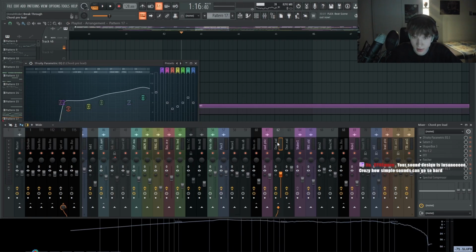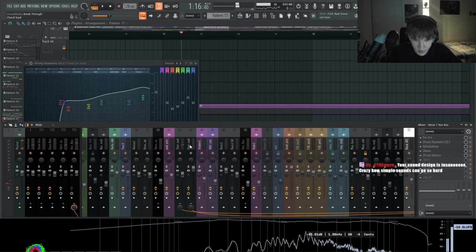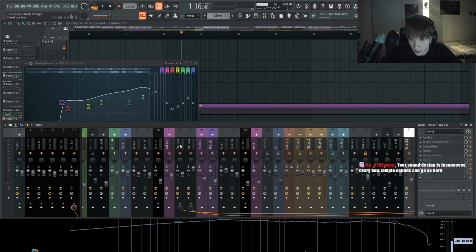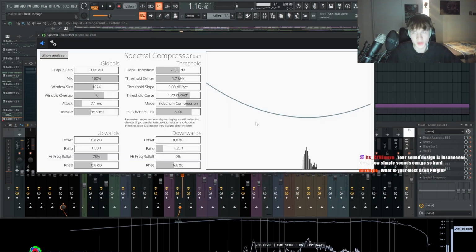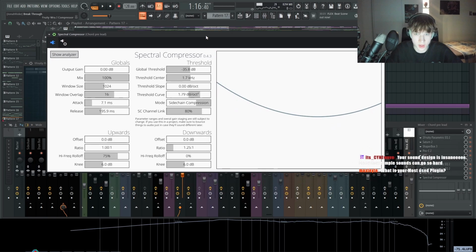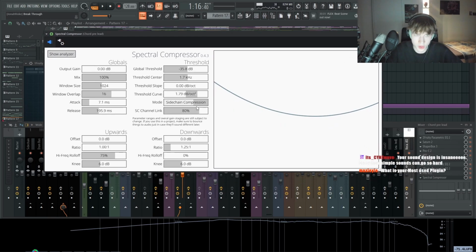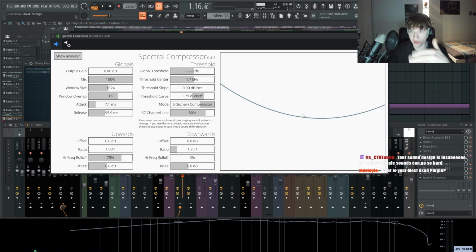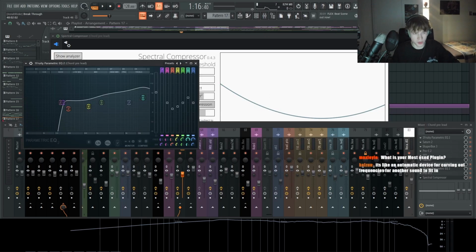So what I did is I took my vocal and sent a sidechain signal to the chords. I added this spectral compressor. You can also do that with Pro Q or Soothe, of course, but this plugin is free. That's great about it. And I use it in sidechain compression mode. Now what this plugin does, it has 1000 bands. Whenever the vocal signal passes this threshold line, the plugin will pull down exactly these frequencies for the chords. Just sidechain compression, but with a lot of bands, and that makes space for the vocal.